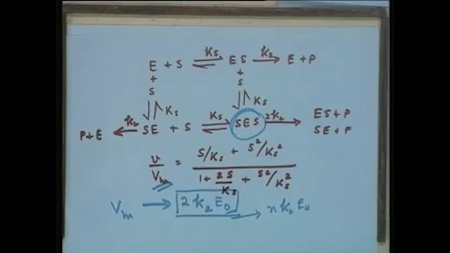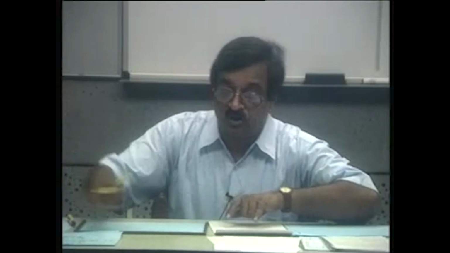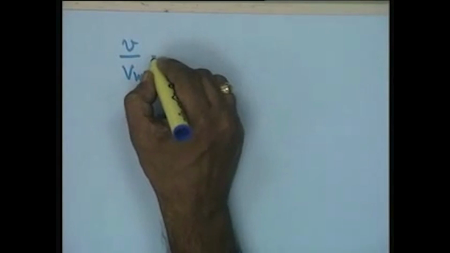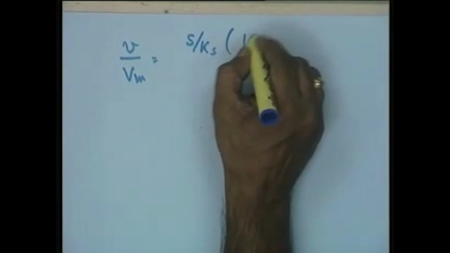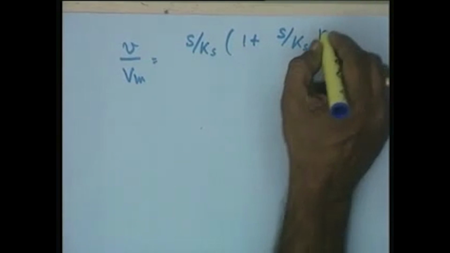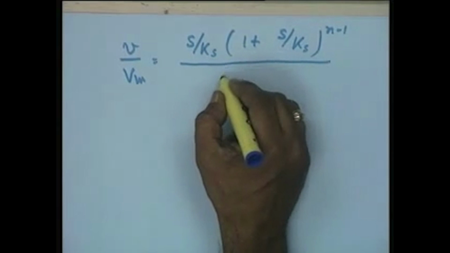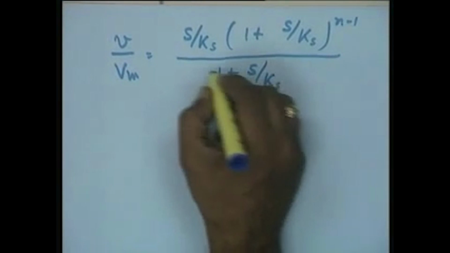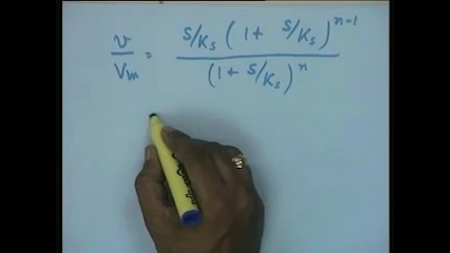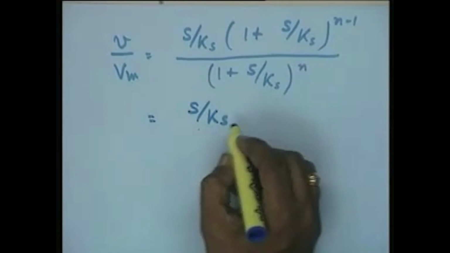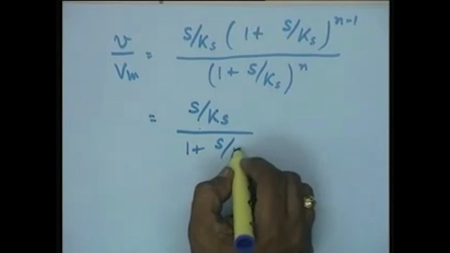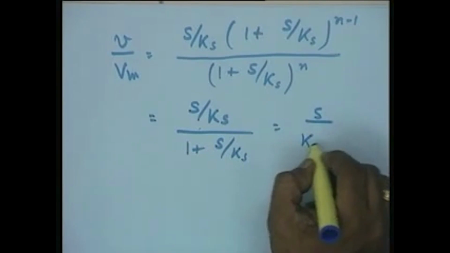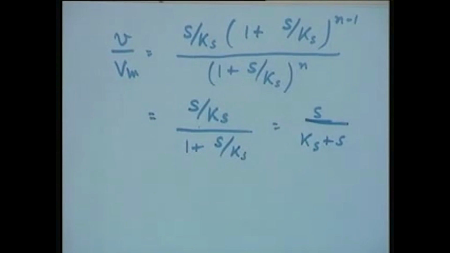Now this also, as you notice, or in general you can write your V upon Vm will be (S upon Ks)(1 plus S upon Ks)^(n minus 1) upon (1 plus S upon Ks)^n. Now, if you just extrapolate your number of binding sites from 2 to 4 to 6 to n, this is the kind of rate expression you end up with, and this is equal to (S upon Ks) upon (1 plus S upon Ks), that is equal to S upon Ks plus S, which is essentially, as you notice, same as the hyperbolic